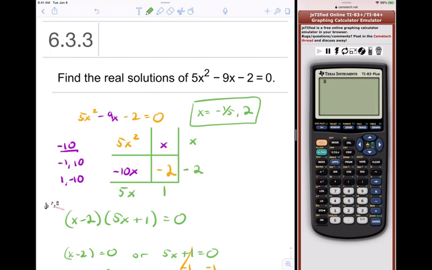So I'm going to go to y equals. We're going to type in the original 5x squared minus 9x minus 2. All right, that's the original. I'm going to quit. Now, you see the clear button on the far right-hand side? Next to that is VARS. I think it stands for variables. I'm going to click on that. Okay, I got variables to the right. I'm going to click on y variables. I'm going to click on number 1, and I'm going to click number 1 to call the function that we